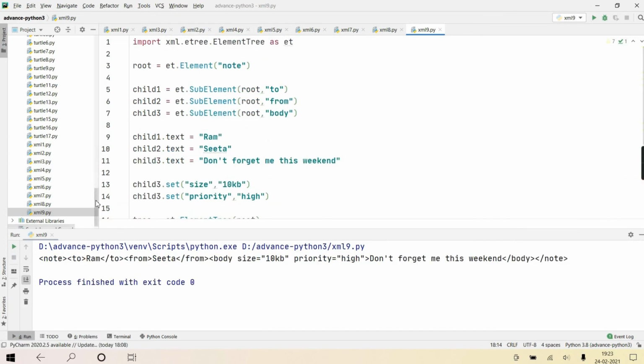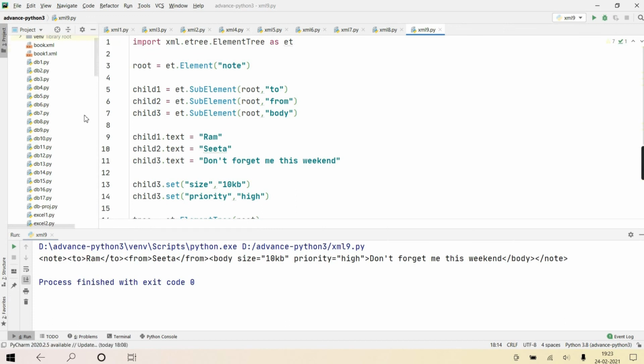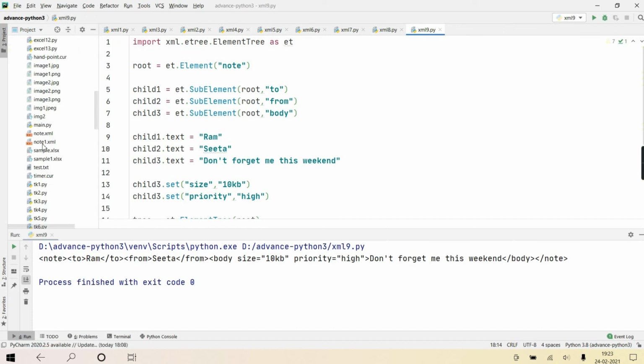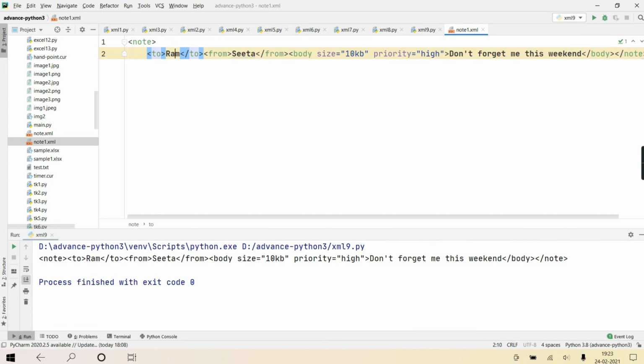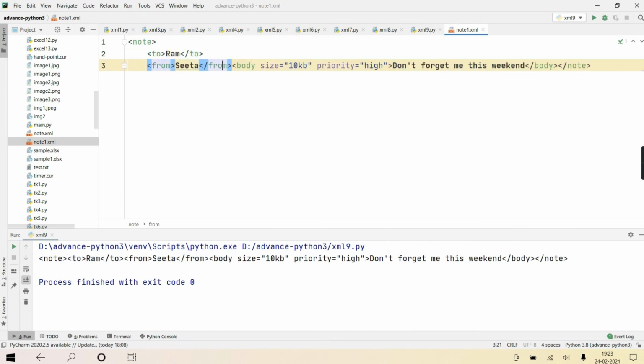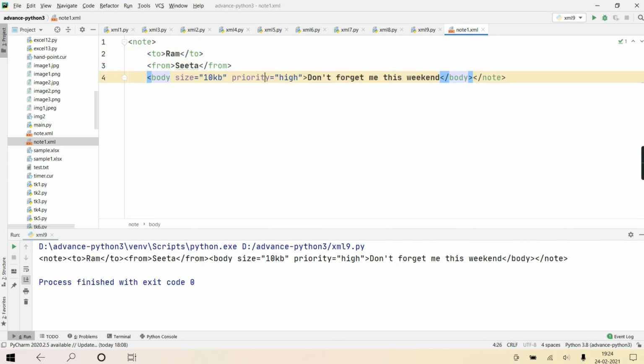Now you can see here one file, note1.xml, is also created. And you open and see whether that whole XML is saved in it. Getting? If you put an enter over here, then you'll realize how the children are added.